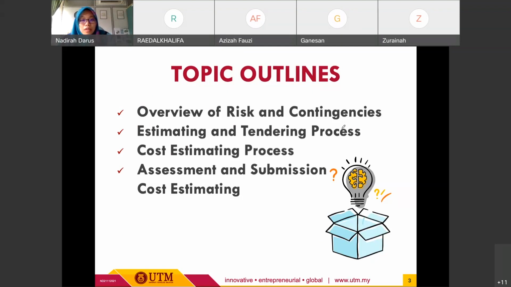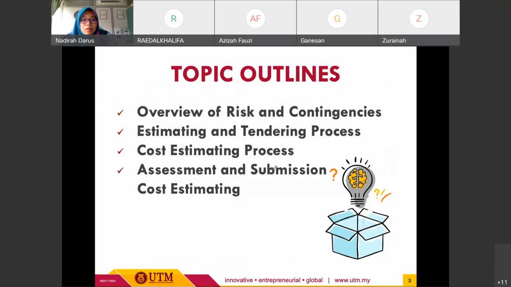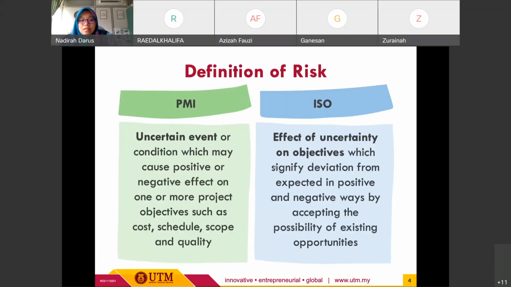So all of you need to understand and remember the flow. For example, the estimating and tendering process: how do we come up with the cost estimation? Okay. All right. So for the overview of risk and contingencies, we need to know